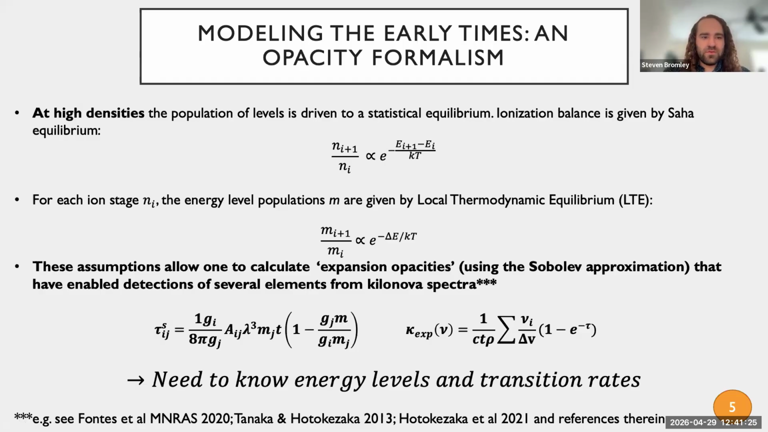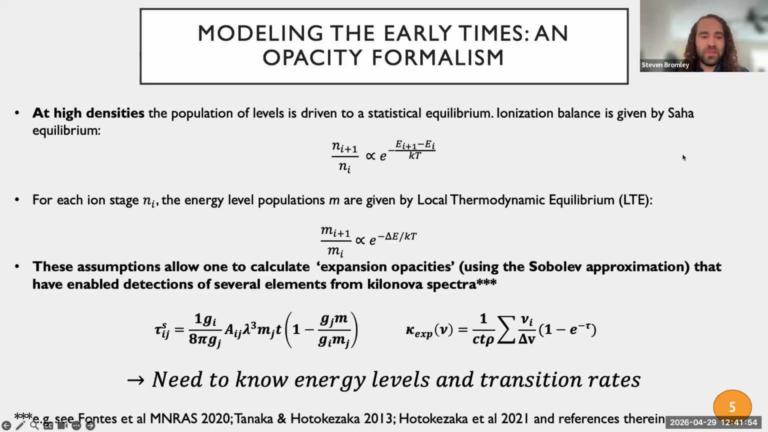And there's a little bit of a problem here, in that this expansion opacity formalism works great for describing the radiative transfer in the very early stages of the kilonovae, but about a week after the merger, the models start to disagree with the observations. And this is mainly because our two assumptions here, the Saha equilibrium and this thermodynamic equilibrium, start to break down. So instead of having a nice simple ionization and excitation structure, now we need to start to consider some of